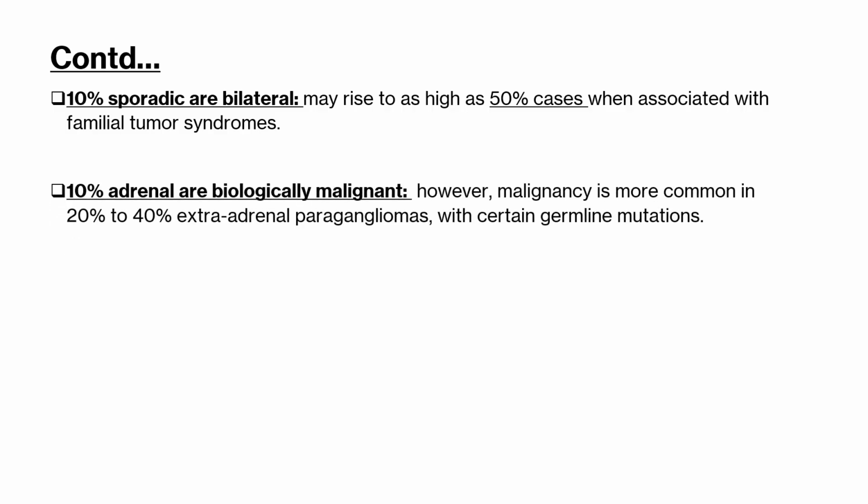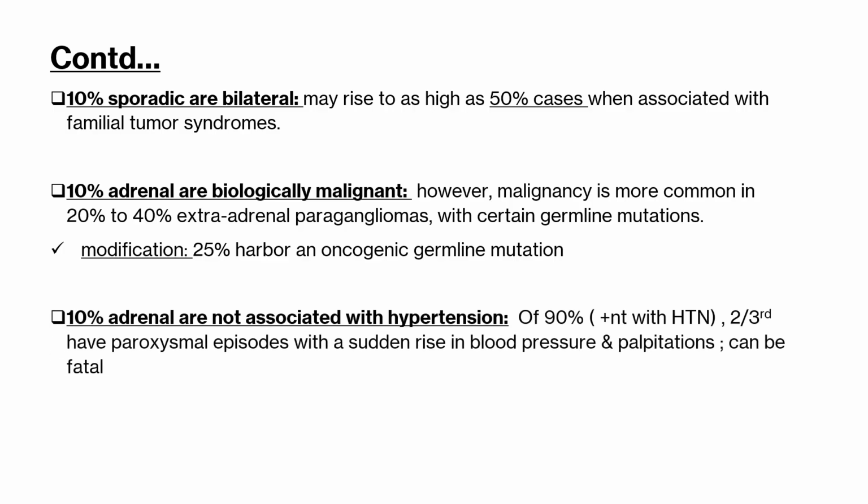Next is that 10% of adrenal pheochromocytomas are biologically malignant. However, malignancy is more common, in 20% to 40%, of the extra-adrenal paragangliomas with certain germline mutations. And various modifications can be seen. That means 25% have an oncogenic germline mutation, and the 10% of adrenal pheochromocytomas may not be associated with hypertension,